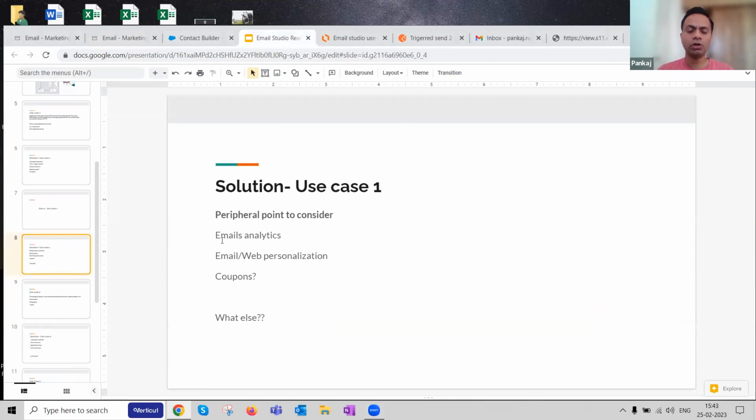Just quickly before moving on to use case number 2, one of the small things is email analytics. I think it was Muru who asked how do I extract the data? So always keep an eye on the email analytics part, because you're sending emails to actually gain something. These are peripheral things, not specifically related to Email Studio. I'm just giving you a perspective of how to make your thinking broad enough. Email analytics, you have to store that data somewhere so that you can do something out of it. Eventually the idea is to sell more clothes for this customer. So think from that perspective, how a customer will actually benefit.